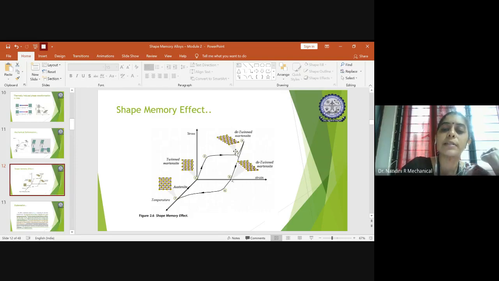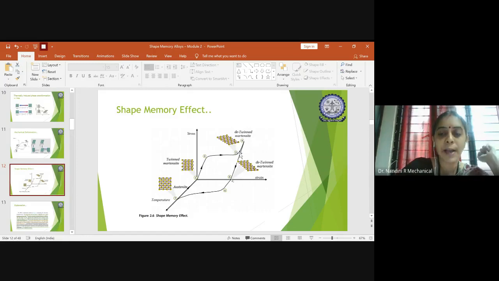Means it comes down, irrespective of applying high temperature. It is coming down to the elastic behavior to regain its original position. And hence, you will be able to understand which is the optimized temperature where you can get the highest stress level. So at that point, the twinning of the martensite phase comes into picture. That point is called detwinned martensite.